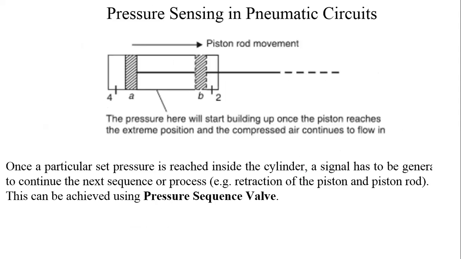So my another question is, can you differentiate between signal air and control air in the circuit diagram? The next question is, can you differentiate between signal air and control air in the circuit diagram? Yes. Okay. If a circuit diagram is there in front of you, then signal air, as we discussed earlier, is